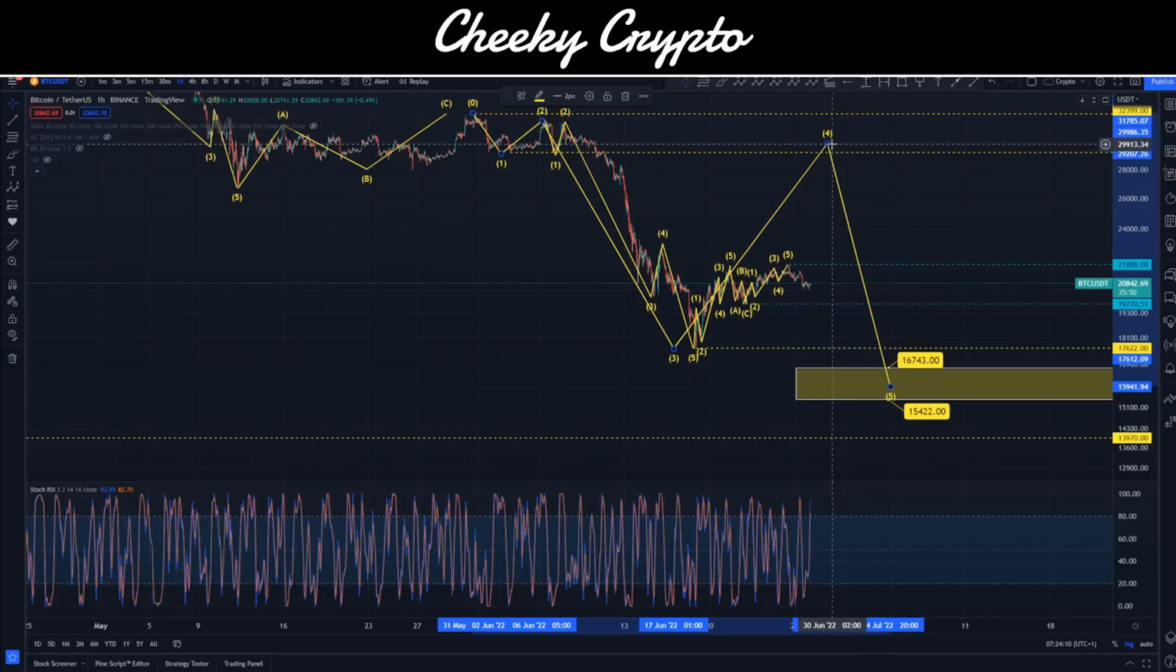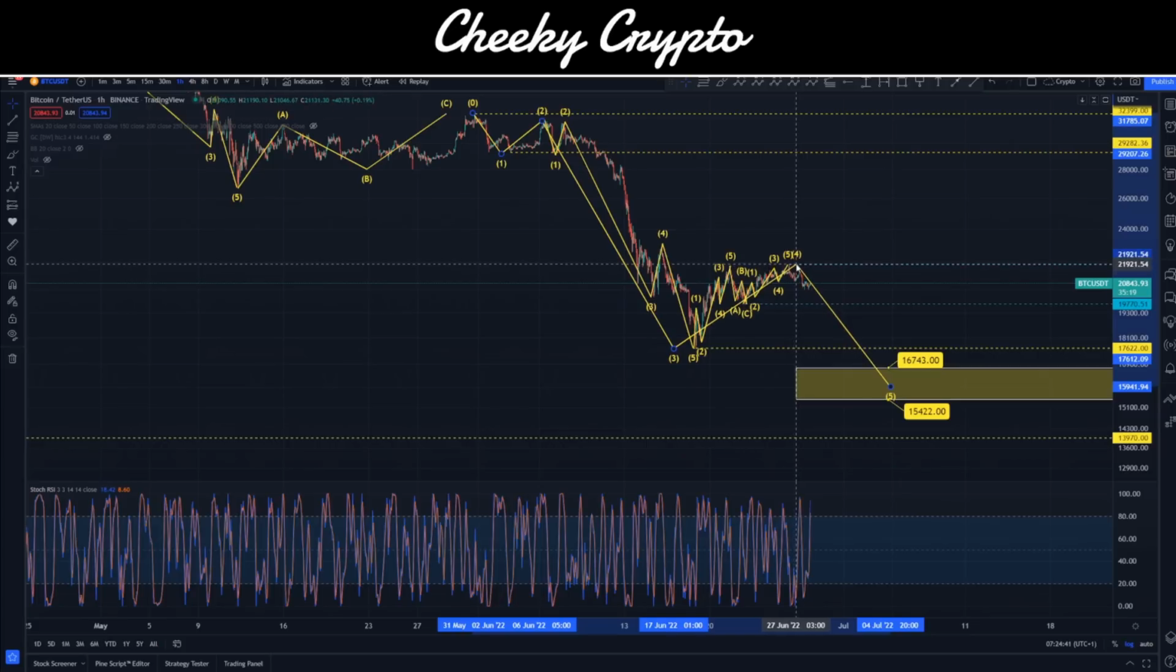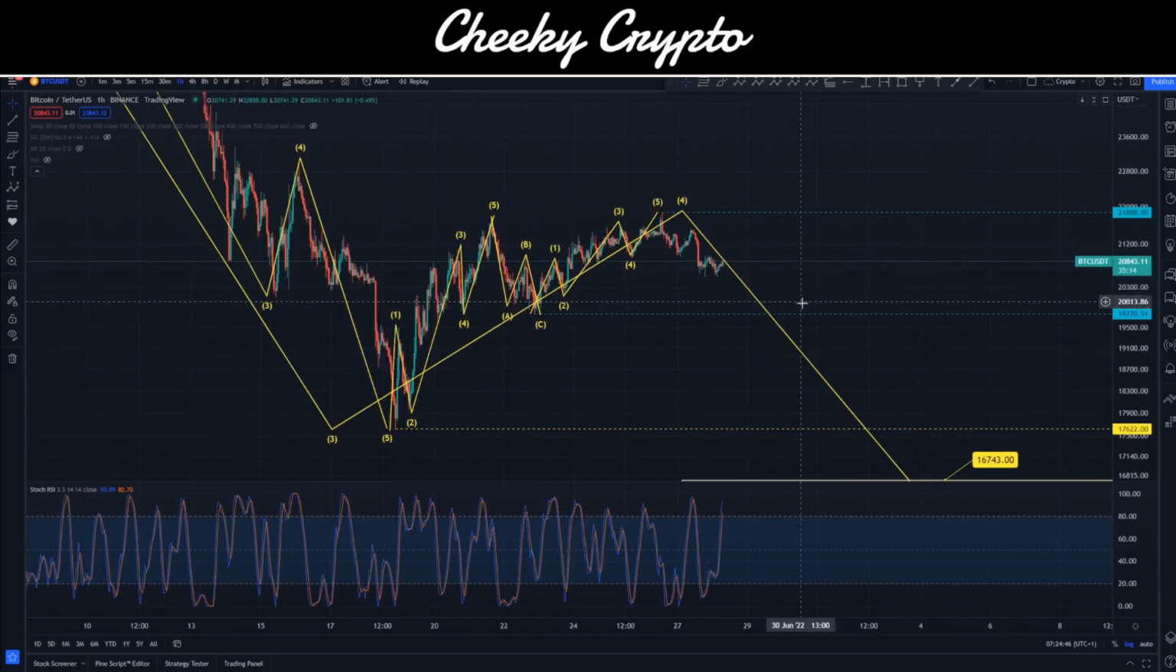The other thing to bear in mind, guys, is that if we do increase this fourth wave higher, but do not cross that high of 29,282, then essentially we would lower our fifth wave target. The two things are related to each other. The higher the fourth wave goes, the lower the fifth wave has to go. So for now, what we want to do is keep this in line with where we are. We want to see Bitcoin drop down lower than